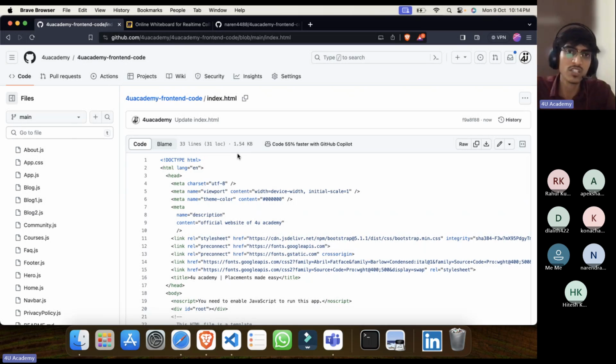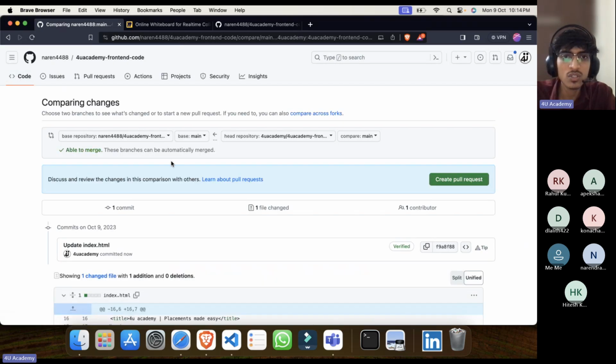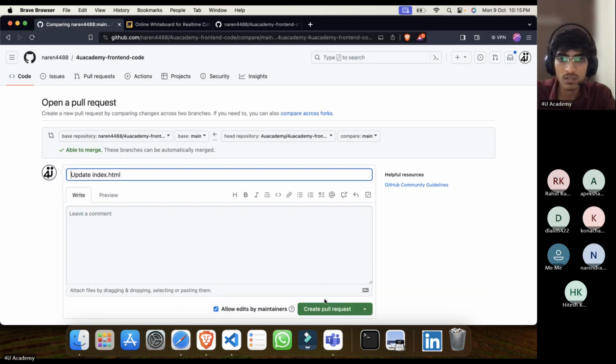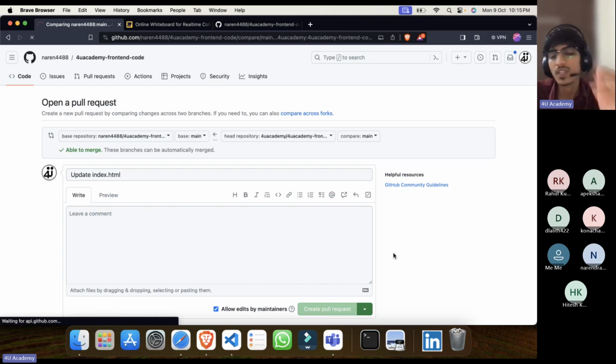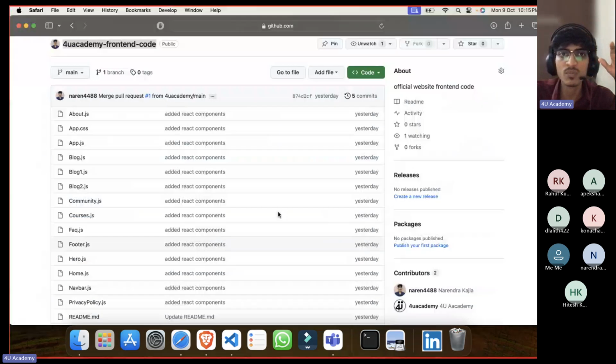That is what open source contribution is. For that, you go to pull request, new pull request. From your main, you want to merge into his main. Create a pull request with some message, and whoever is the owner will receive the pull request.